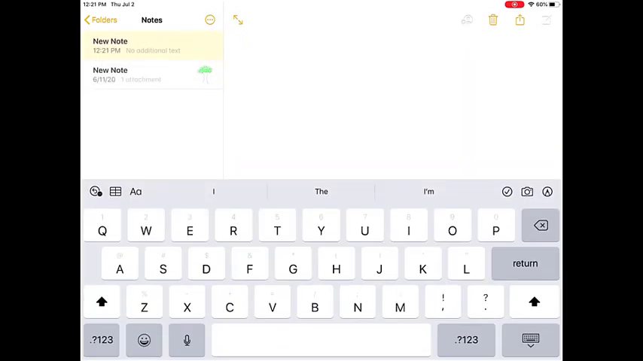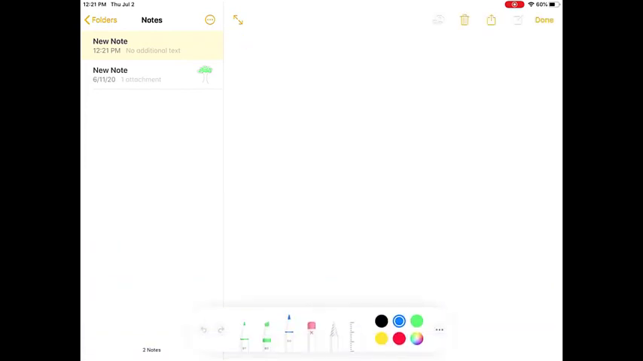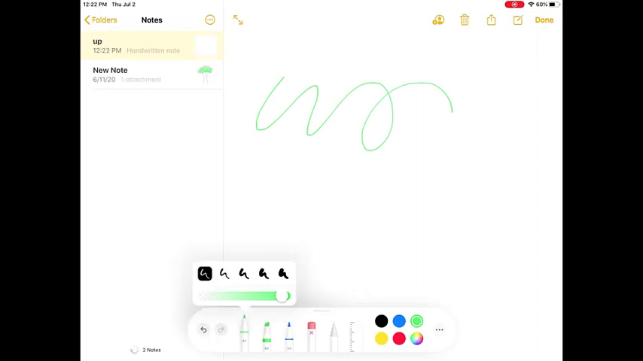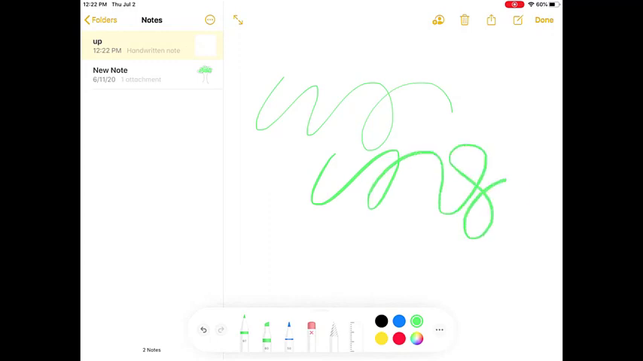I can type within this note, but I can also, on the right-hand side here, right above my keyboard, draw on this note. So I can add marker drawing, and I can change the color as well as the thickness of that pen. And I'm using my finger to just draw on the screen. I also have a highlighter,